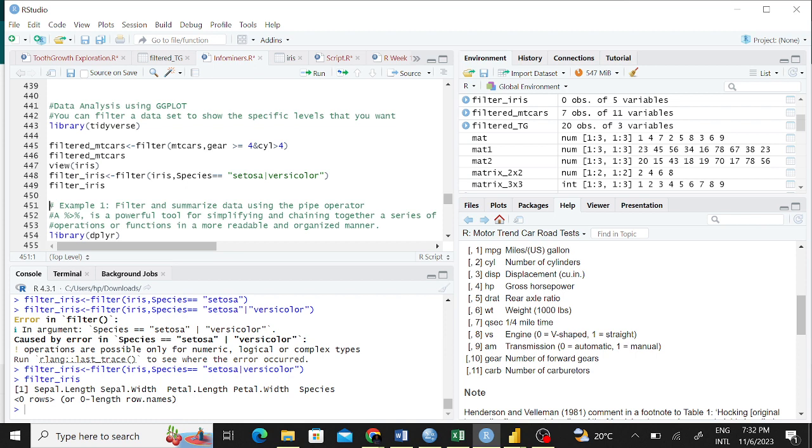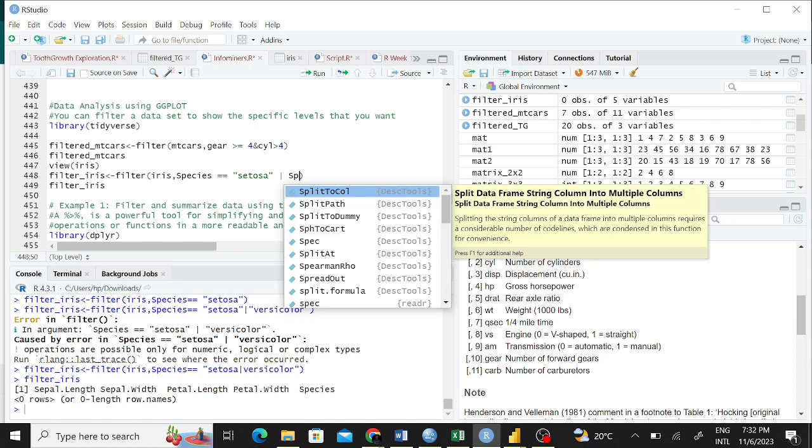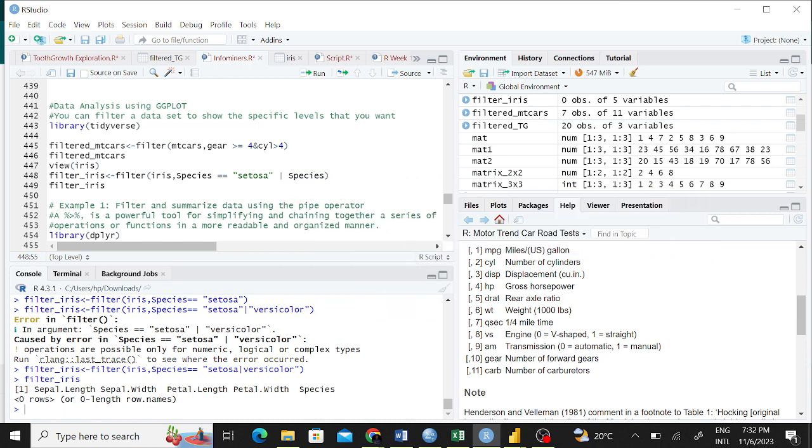So it's saying 0 rows. Yeah, it's 0 rows because all of this word cannot be found. But you want an instance where the species is either setosa or versicolor. Okay, so here's where we can have that long function that you are looking at. Species or species is also equaling to